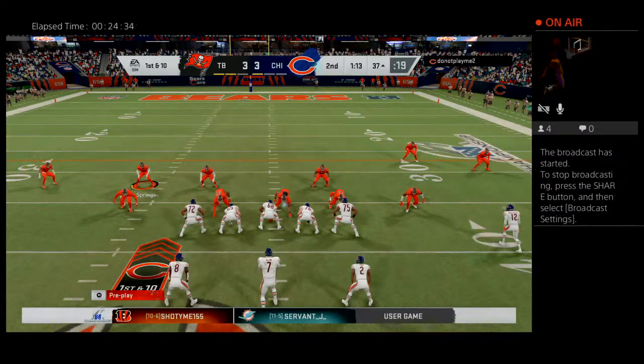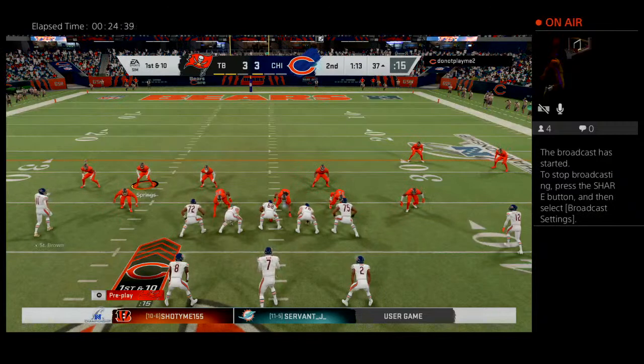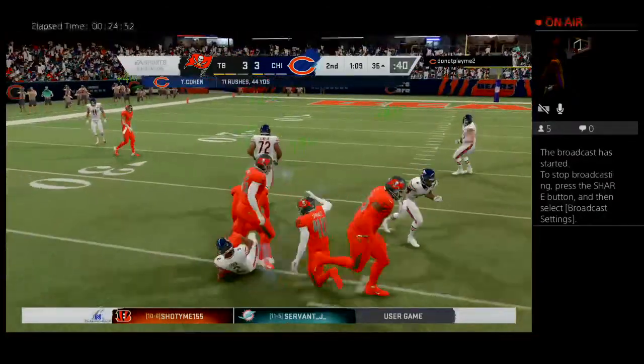I got motion. Mike. 5 wide. 55. Hey, eat. Check pass. Check, 55 to Mike. Check, orbit. I hope you brought your left because I'm On first down, Cohen fighting his way down to about